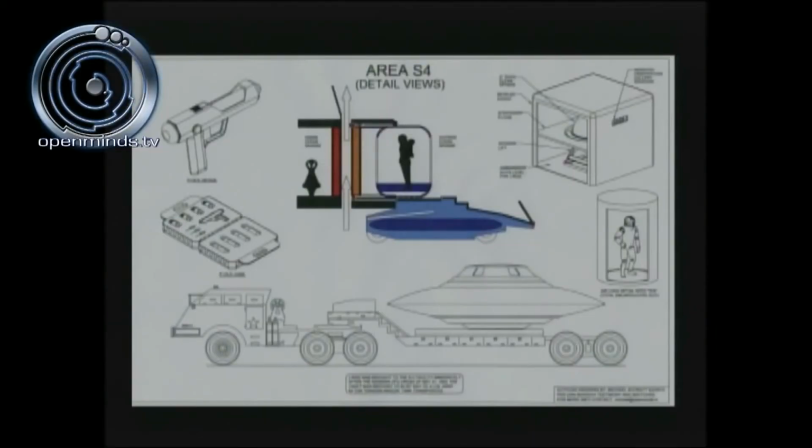Now, detail views. We've got the PINS device. What did Dan Burish do when he got there? He worked with this PINS device, which is the pressure-induced needle system. He carried a briefcase with him when he got into the airlock, which gained access to the clean sphere. Down here I've got the representation of the 40-ton Dragon Wagon tank hauler. Shows you how they got the craft to the facility. And this is a rendering of the airlock here.